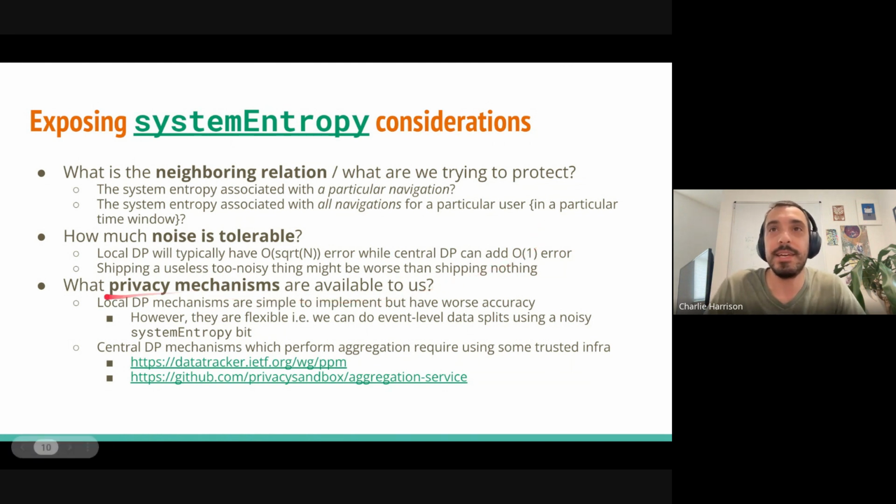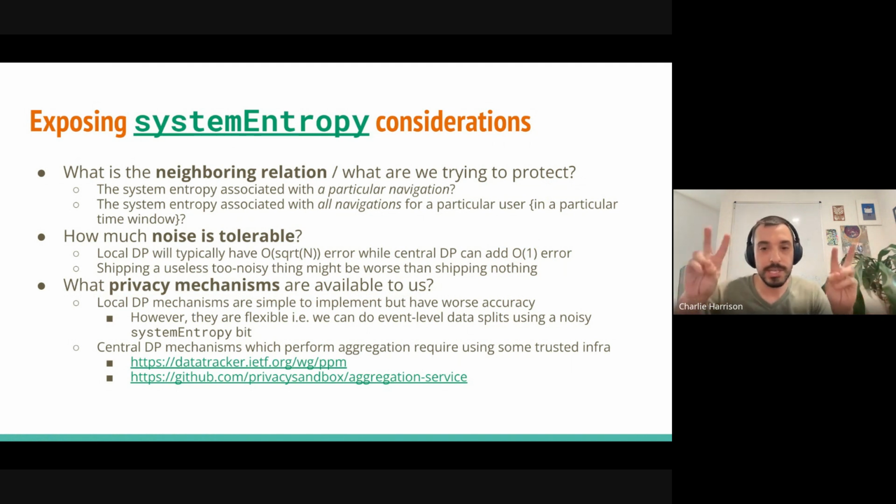And lastly, think about what privacy mechanisms are available. I outlined two general techniques. One is the local mechanism, which is noising one user's data, and one is a more central mechanism, which looks at adding noise to an aggregate or something like that. That's like the Laplace mechanism. I think that you guys are looking at this local regime, but